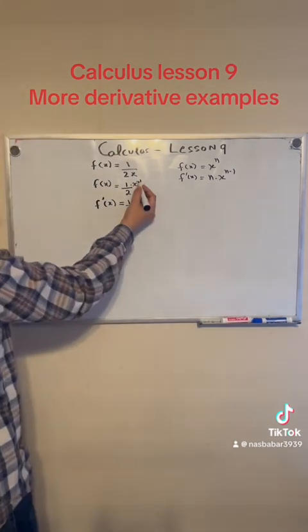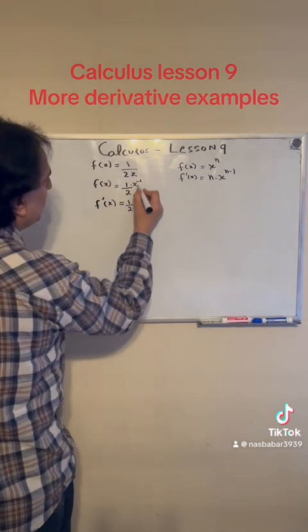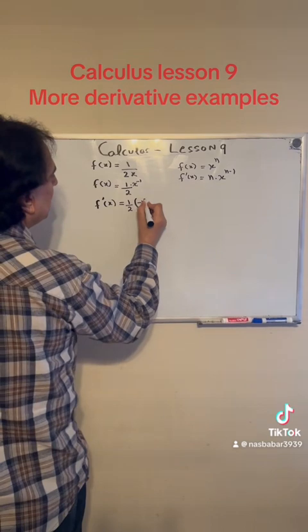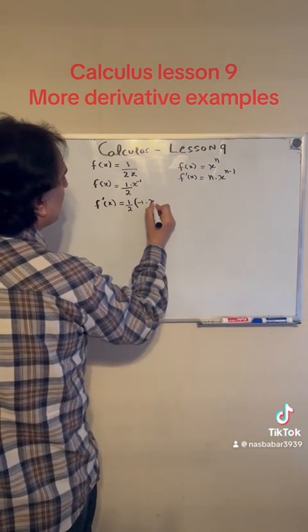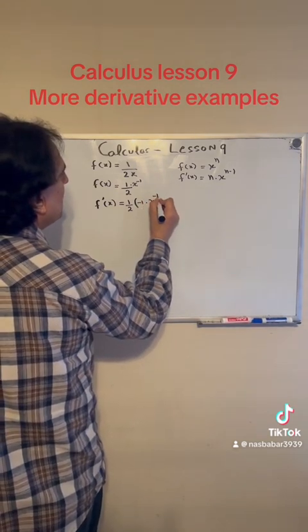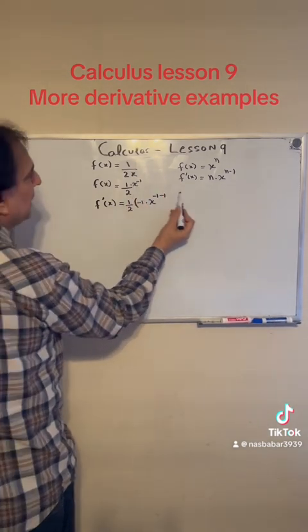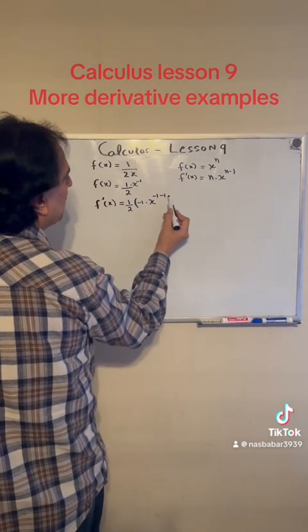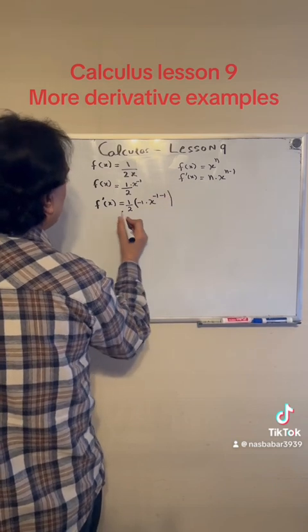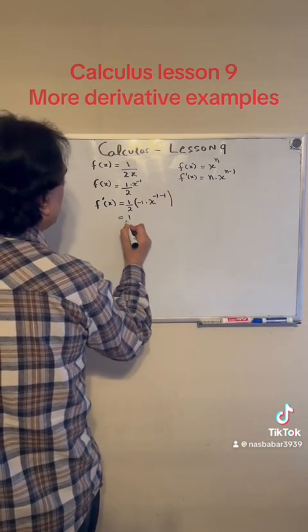So I'm going to apply this rule over here. I'm going to pull minus 1 right here, times x to the minus 1 minus 1, because minus 1 is already there, and then by rule I have to subtract it again. So when I do that, I get 1/2